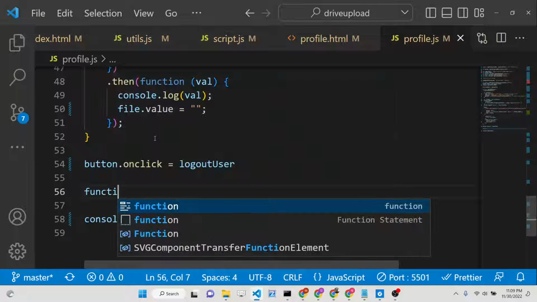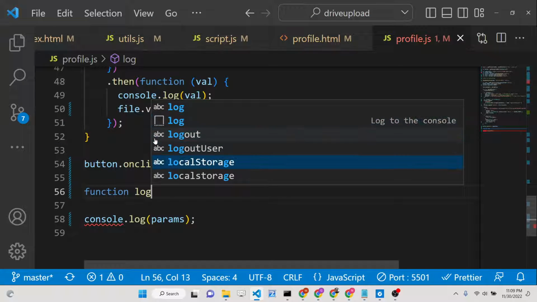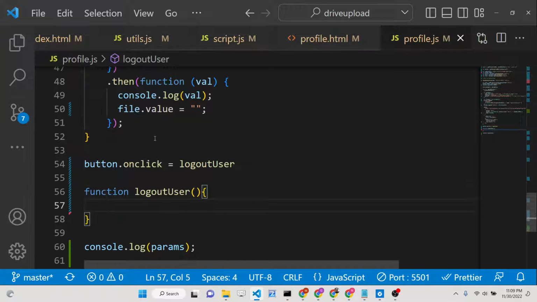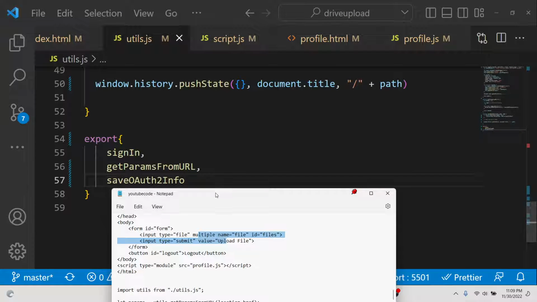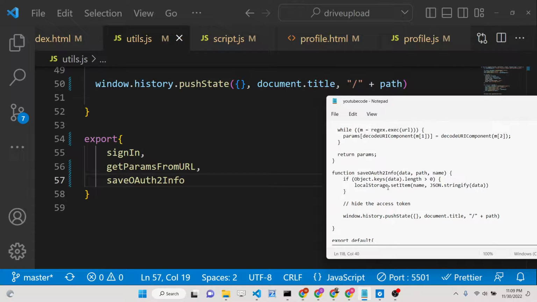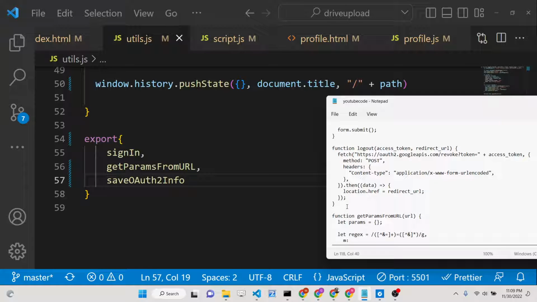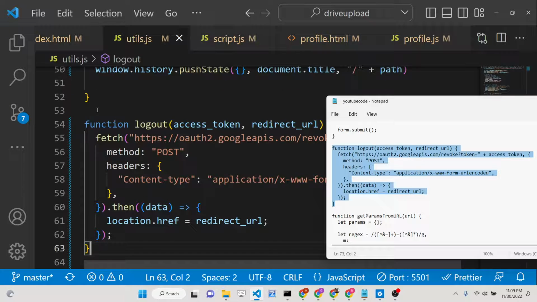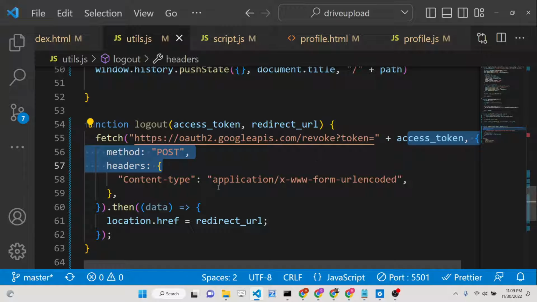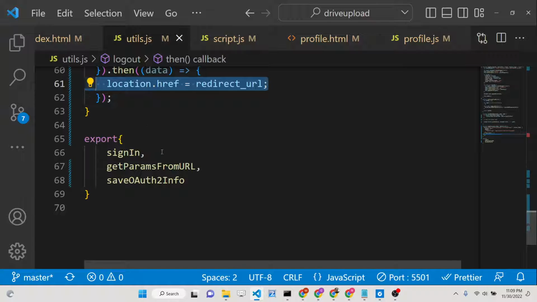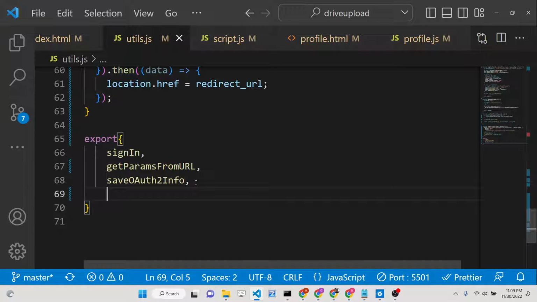user, and we can make this function, and inside this you just need to go to utils.js and write this function. You can include this function here, which will log out the user from Google Drive. So simply paste it. Inside this function, guys, we are making a simple post request using the fetch API. We are revoking the access token, removing the permissions, and redirecting the user to the home page. So we will export this method here. We will simply say logout,